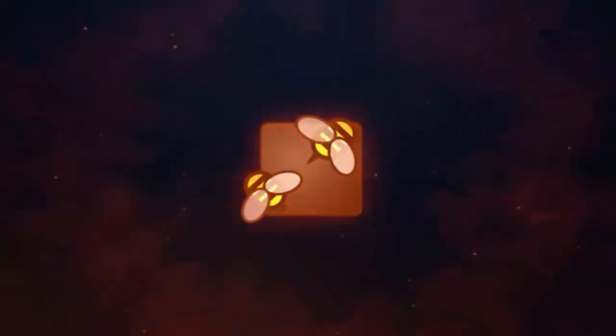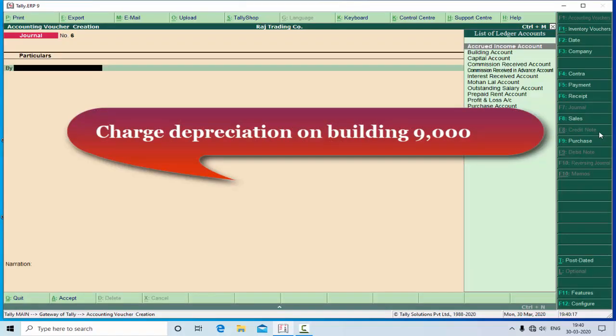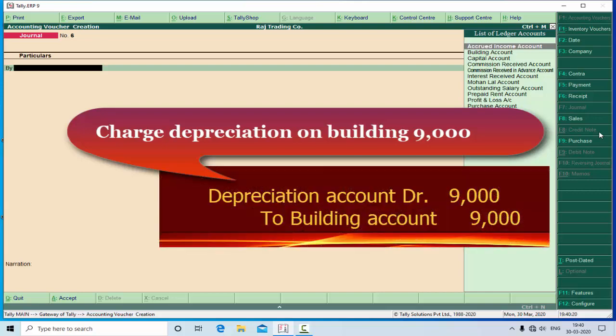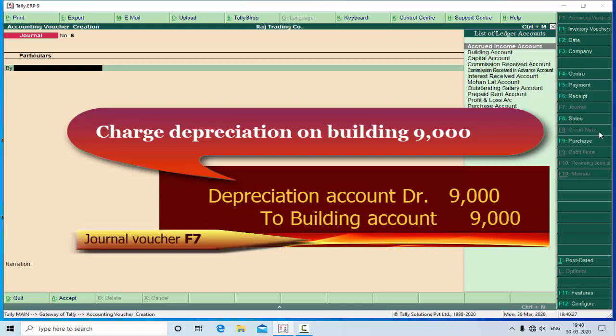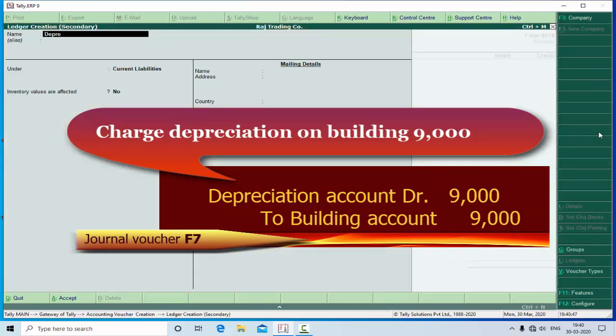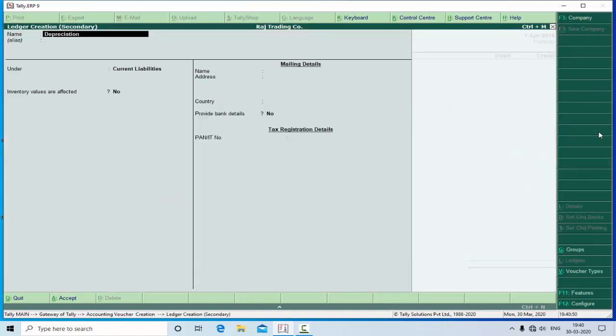And the next entry is charge depreciation on building. You know that all the assets of the business are charged depreciation, like furniture, machinery, building. Any asset of the business is covered under depreciation. When depreciation is charged on an asset, the depreciation account is debited, meaning depreciation on building account is debited, and the asset on which depreciation is charged, the building, will be credited. That entry is again recorded in the journal voucher. Depreciation on building